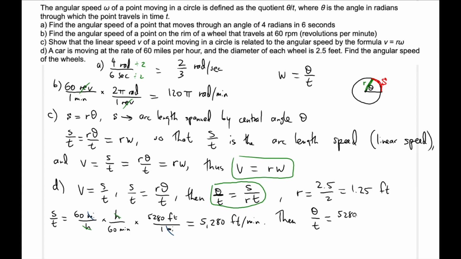Okay, so that means we're going to take 5,280. And you're going to divide it, notice that we're talking about feet here, by 1.25 feet. So this is per minute. And you're going to divide it by the 1.25 feet, and notice that the feet cancel out, and this conversion factor automatically has the radians per minute. All right, you don't see radians here, but since we're talking about the angular speed, we're talking about the radians per minute. So notice what this is going to give us is 4,224 radians